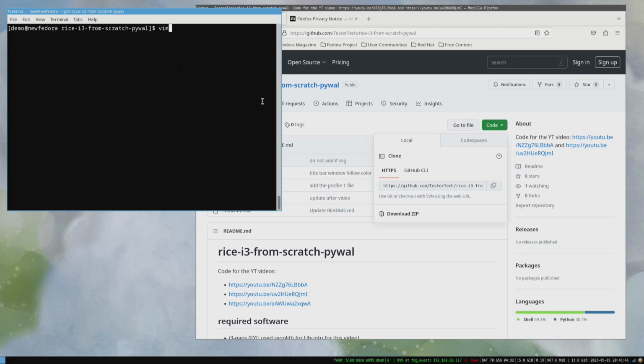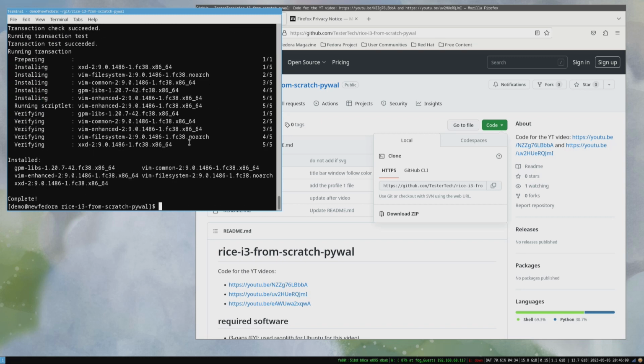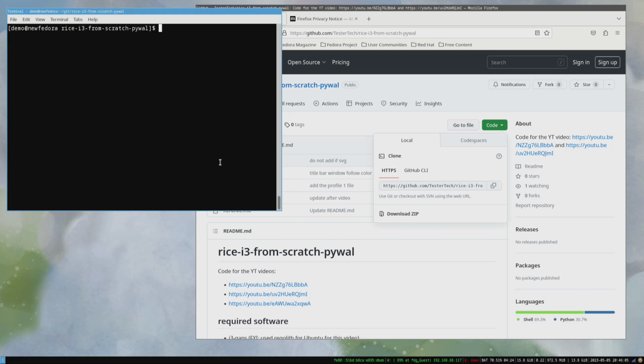And let's see if we have a vim. We don't have vim, so sudo dnf install vim. You can also do nvim, but for now I'll do just vim. All right. So that's installed, and let's